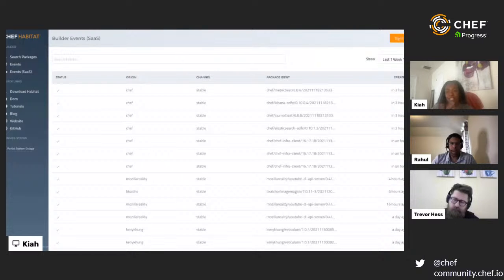When will this feature be released if it's not already? The feature is already available through our stable channel, as well as through our on-prem stable, where we basically publish our builder packages, builder API, builder proxy.